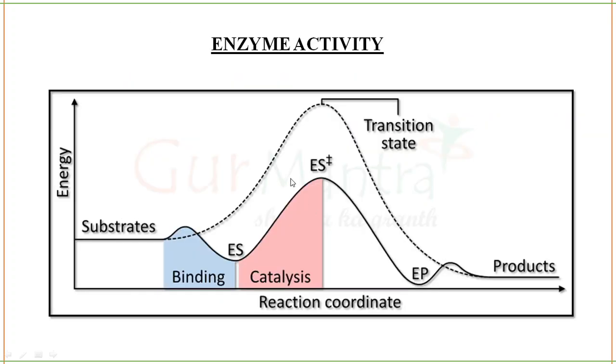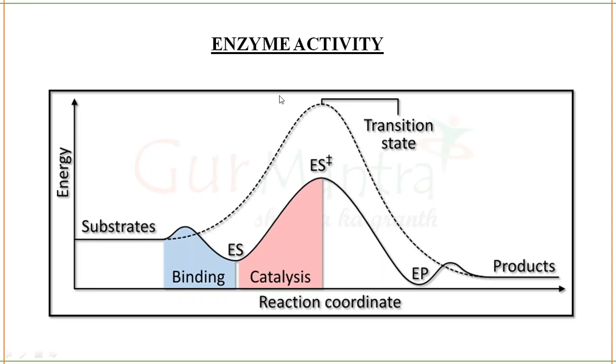Now we're going to talk about enzyme activity. So you have a substrate, you'll have to convert it into a product. It is going to get converted into a product with enzyme and without enzyme. We're going to see two scenarios. Without enzyme, see, the substrate has to travel this big mountain, then go here. With so much energy it is traveling, right? Because it's a very big mountain. Then it is getting converted, transition state, then it is coming down to product.